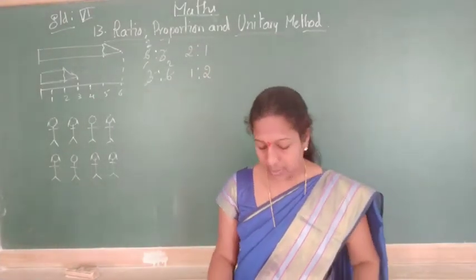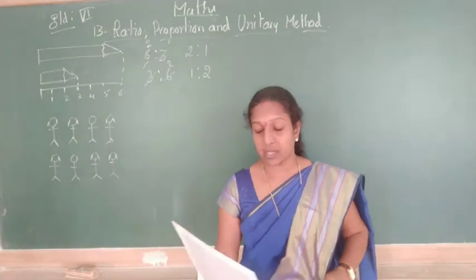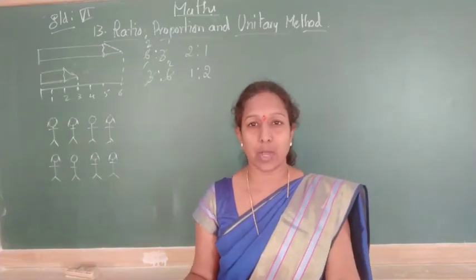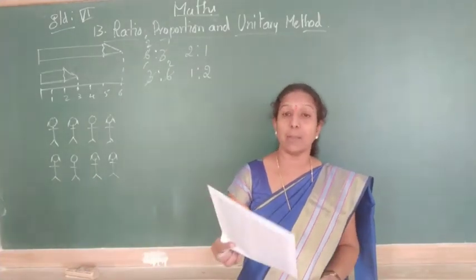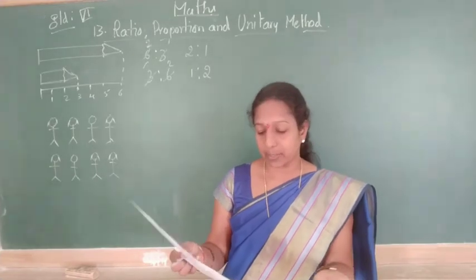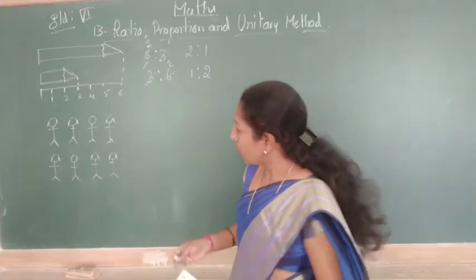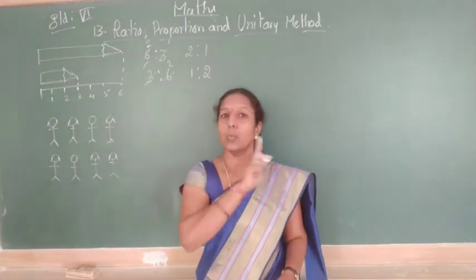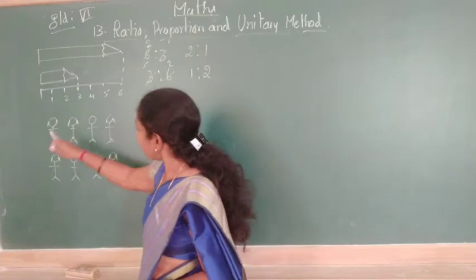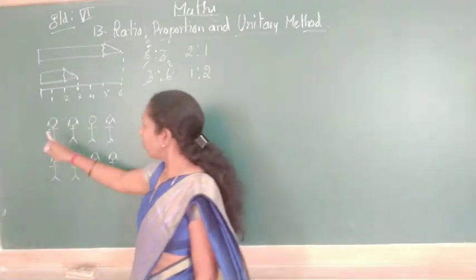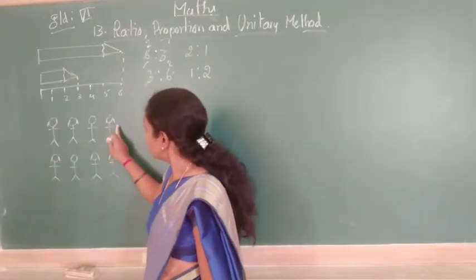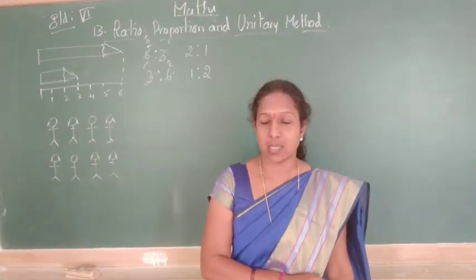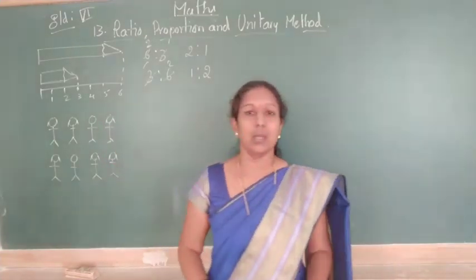Now let us come to the next one. Find the ratio of the number of boys. Here they are saying the first one should be boys. Find the ratio of the number of boys to, what? That of girls. So here you can see the pictures they have given. You can see the children they have given, not all, only a few. Let us count how many. 1, 2, 3, 4, 5, 6. Means these are the 6 girls and the remaining 2 are the boys.